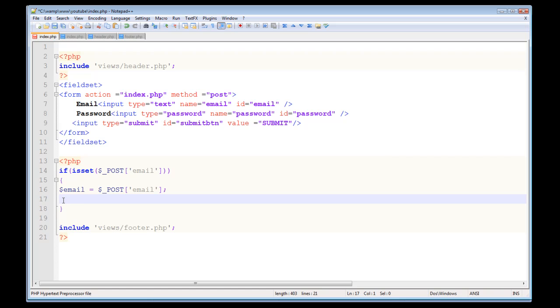And likewise, you do the same for your password field. So every form element must have a name attribute if you want to use PHP to process that form element upon submission. So they use the name attribute value. The action attribute is the page that will process the form upon submission, which is this index.php. Okay, so now that you've done that,